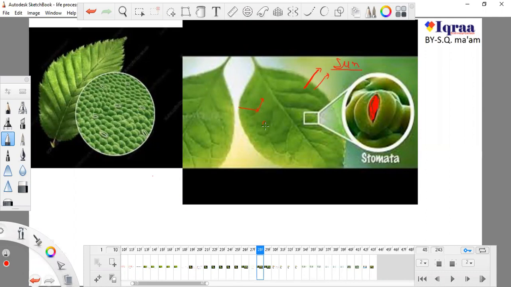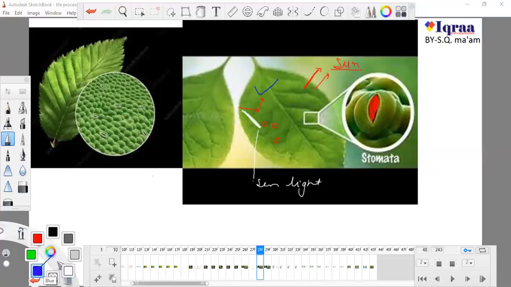As the sunlight directly strikes this, there are more chances of losing water, because this is the upper part. So this surface faces more sunlight, and it has very few stomata, because if there are fewer stomata, the plant will lose less water. And the surface behind, suppose this is the behind surface, this behind surface has